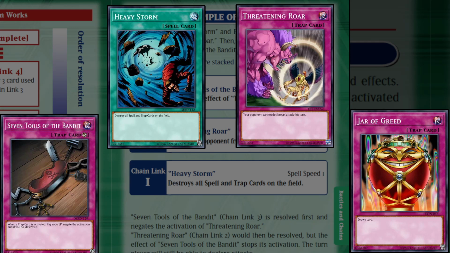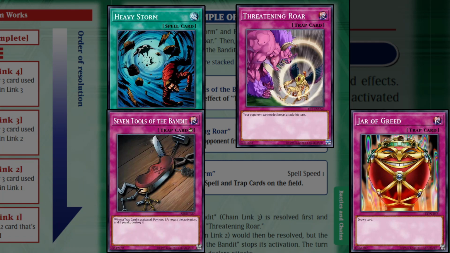But because they activated Threatening Roar as Chain Link 2, player 1 is now allowed to activate a card in response to Threatening Roar. They activate their set 7 Tools of the Bandit. 7 Tools of the Bandit says when a trap card is activated, pay 1,000 life points, negate the activation, and if you do, destroy it. So,